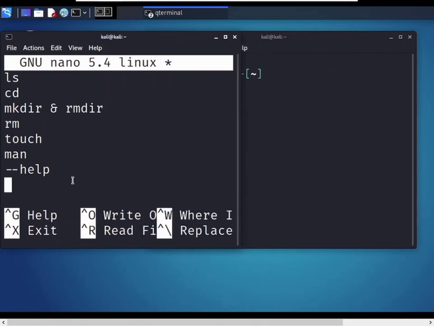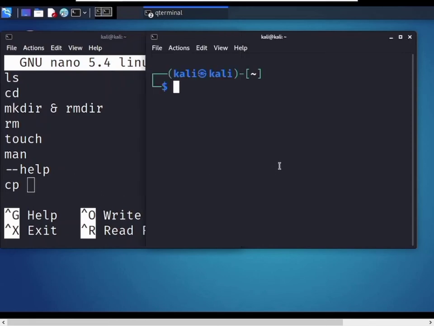Let's move to the next command. cp stands for copy file. So use the cp command to copy a file through the command line. It takes two arguments. First is the location of the file to be copied, and the second is where to copy.